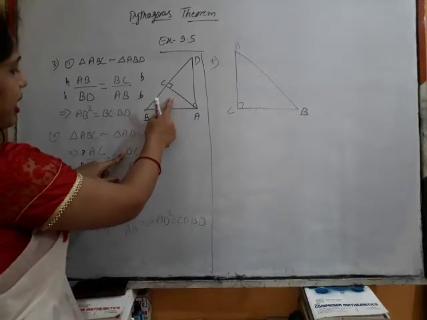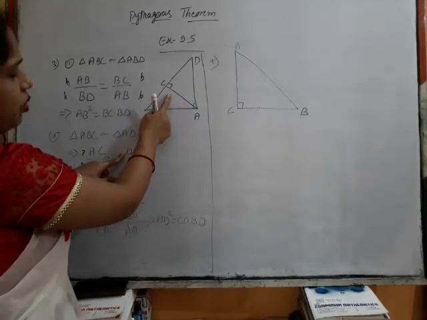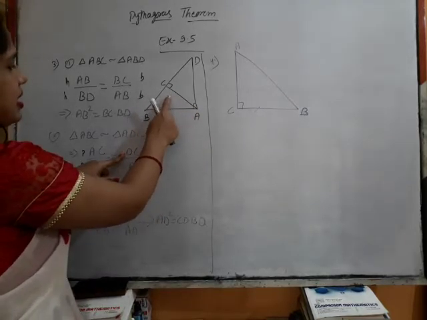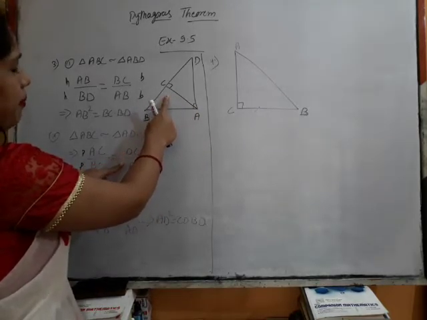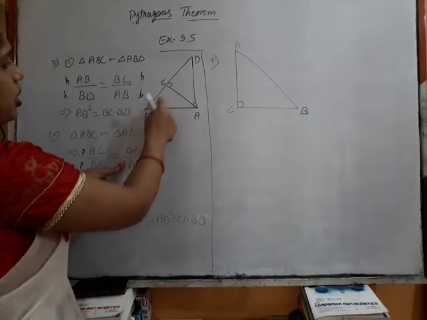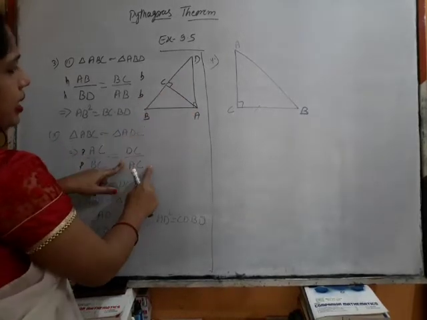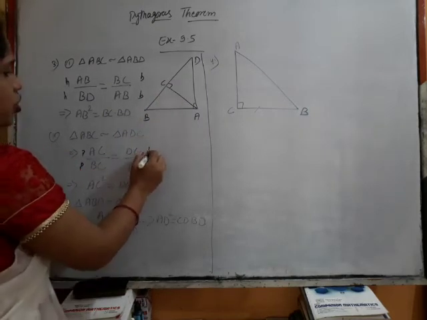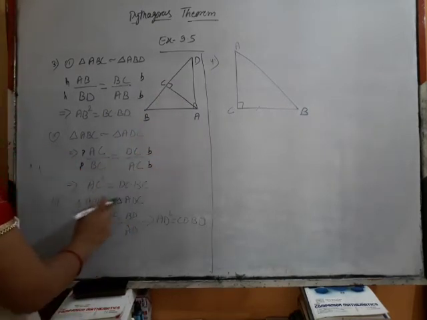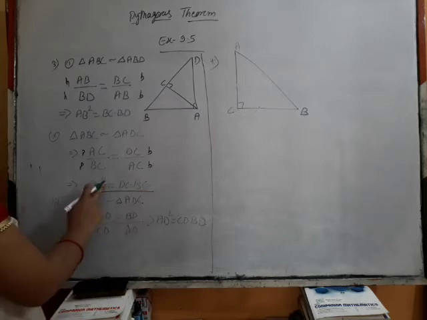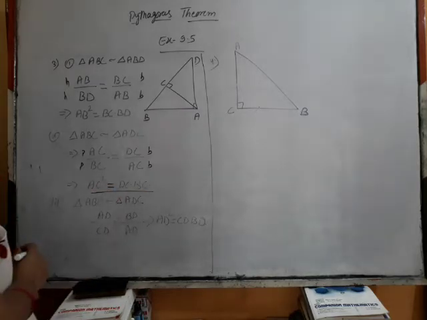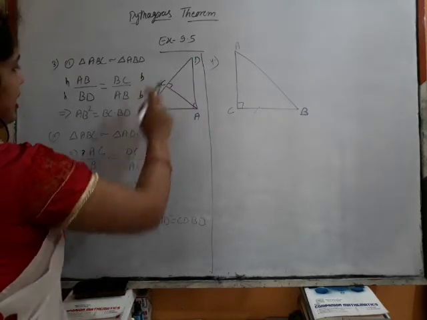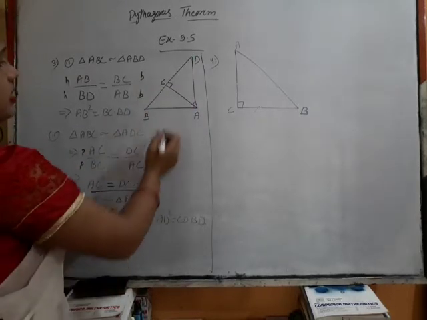So if we have taken AC as the perpendicular, in the second type we will not take, because AC is the perpendicular now. So AC is what? AC will be base for this triangle. So here DC upon AC. Okay. So here the ratios of bases. So after cross multiplication, we will have the result AC square is equals to DC into BC. Now this ABD is similar to ADC.